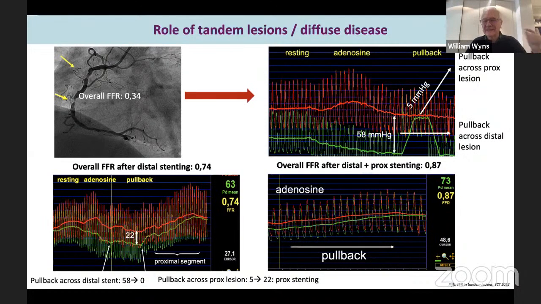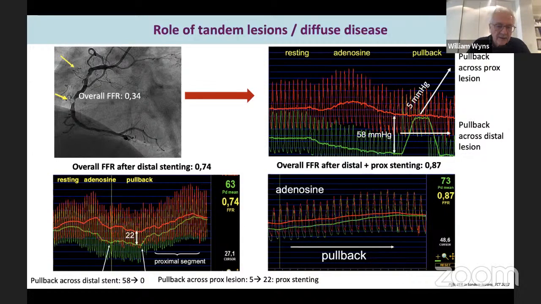Now, in the past, we had issues crossing with the stents, okay? Sometimes, if you stent proximal first, it might be very difficult to reach the distal. I may sound like a very old man now because that's not the sort of issue that you're dealing with, right? So you can select the one that looks the most severe to you. You treat it to the best of your capacity, and then you measure again, okay? And that measurement will be a more adequate measurement of the hemodynamic significance of the second one.